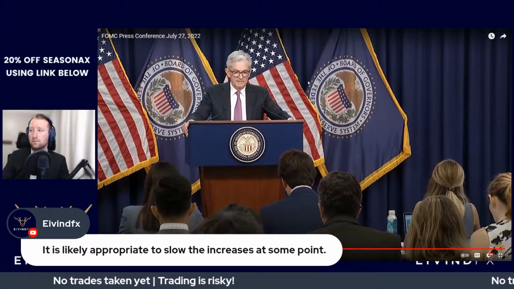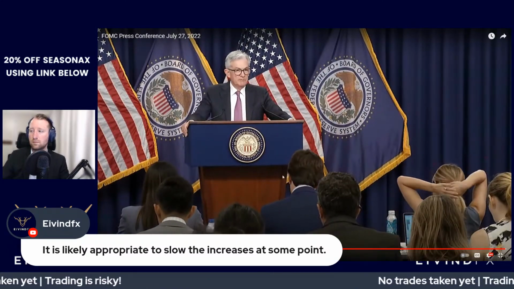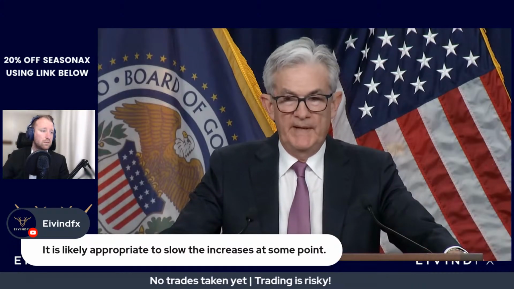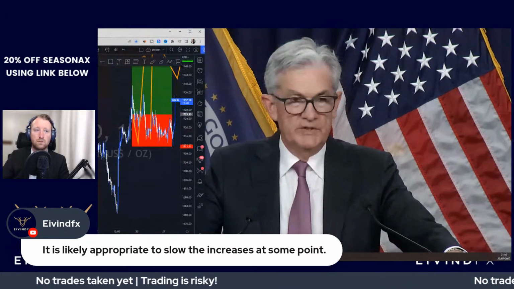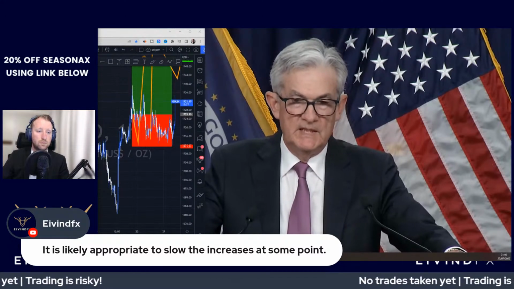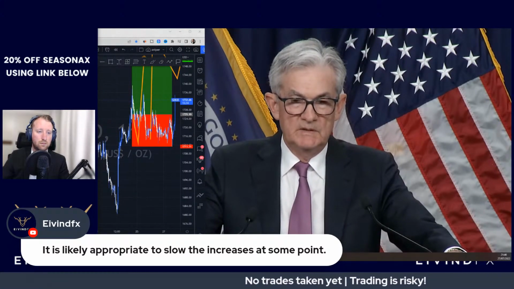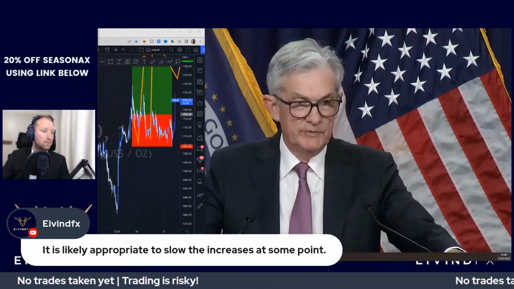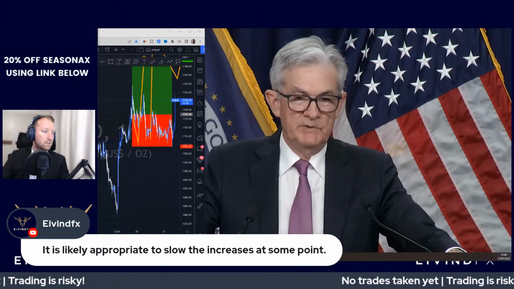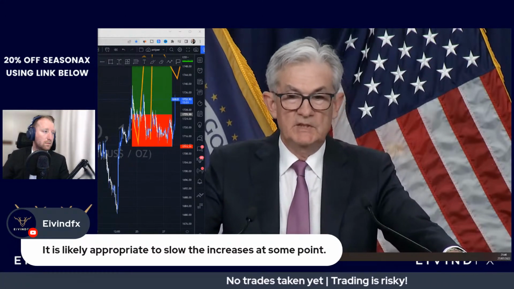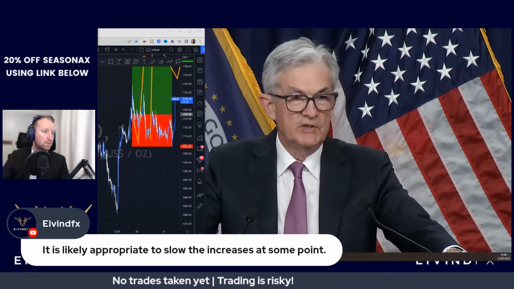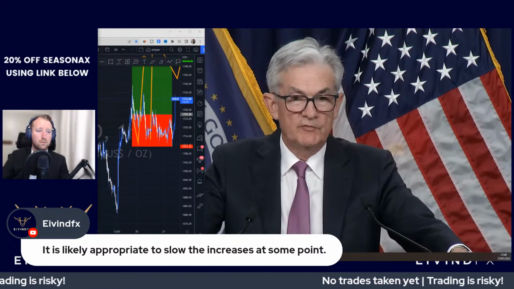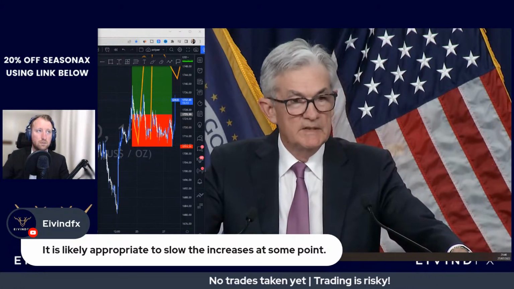I just would say this: we would look at both, and we'd be asking ourselves, are we confident that inflation is on a path down to 2%? That's really the question. And our policy stance will be set at a level ultimately at which we are confident that inflation is going to be moving down to 2%. So it would depend on a lot of things. Of course, as I mentioned, core inflation is a better predictor of inflation going forward. Headline inflation tends to be volatile. So in ordinary times, you look through volatile moves in commodities.